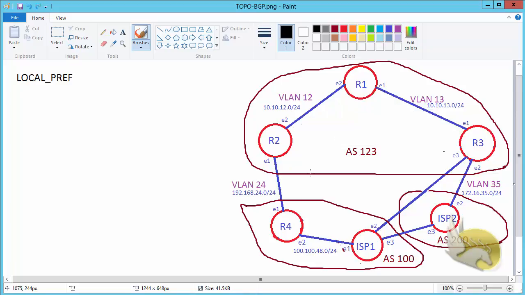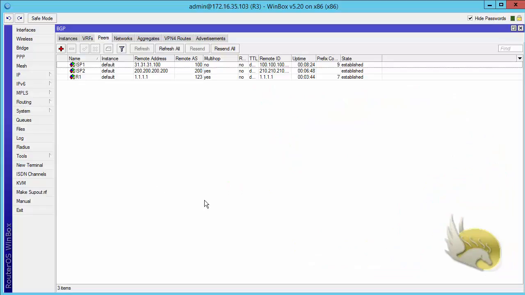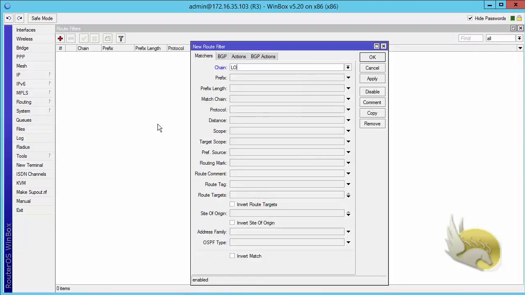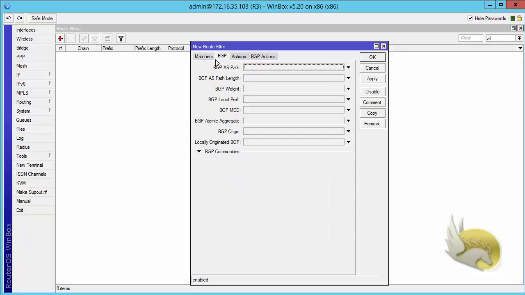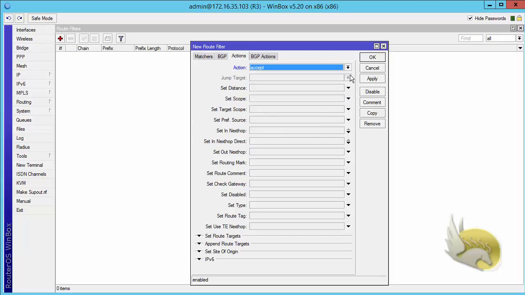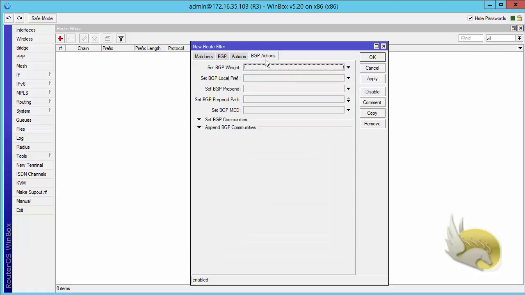So let's do this. How can I do this? I can go to router 3 and do this on that. For example, on router 3, I go to routing filters again and add a filter. I'm going to change its name to local PREF, for example, and I'm not selecting any prefix this way. This is going to be effective on all routes that I receive. I'm not going to select any BGP matchers as well, but what I am going to do is to change the action to accept, and of course pass through I guess will do,